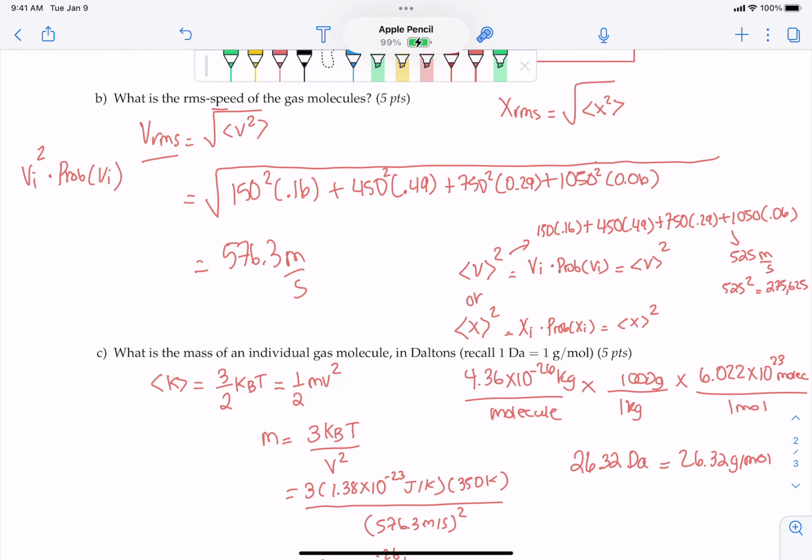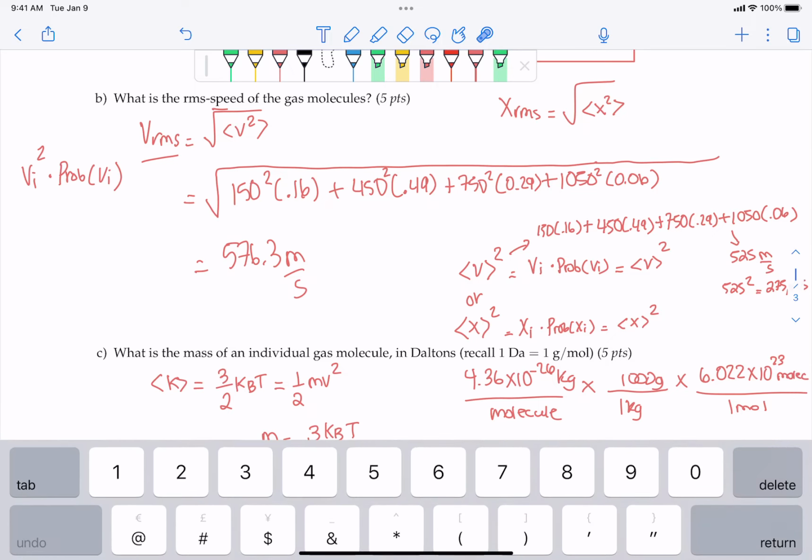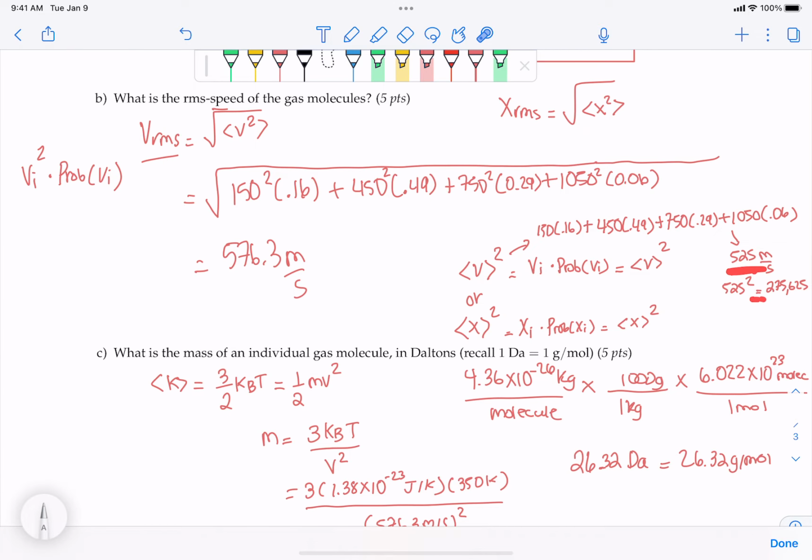So that's one of the things I was going to say for you guys to focus on: the difference between the speed or the distance squared, whether the exponent is within the brackets or outside the brackets. If it's outside of the brackets, you figure out your average normally using this equation, and then you square your average at the end, right? So like I said, I got 525, I square that at the end